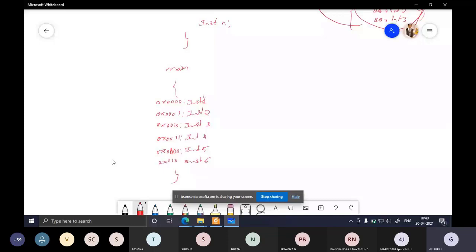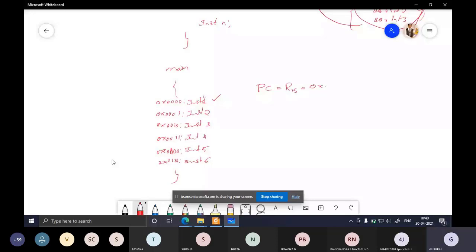Now let's say the Cortex M3 processor is executing instruction 1. Can someone tell me what should be the value of PC, which is also known as R15? What should be the value of PC then? See, the processor is executing instruction 1. So I'm asking you, what should be the value of PC? Yes, it will be 0x0001. That is the next instruction that needs to be executed.